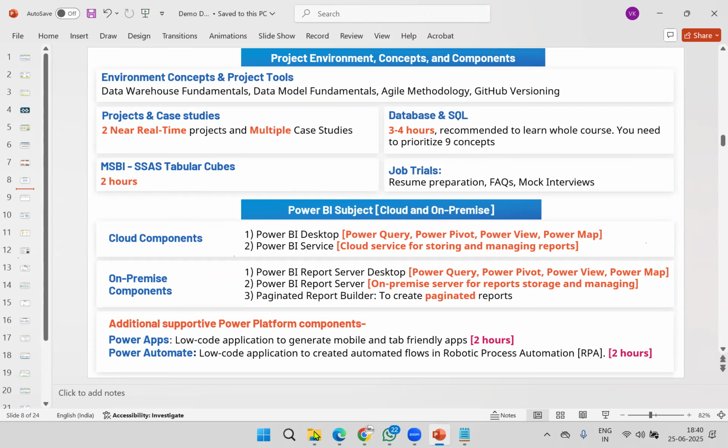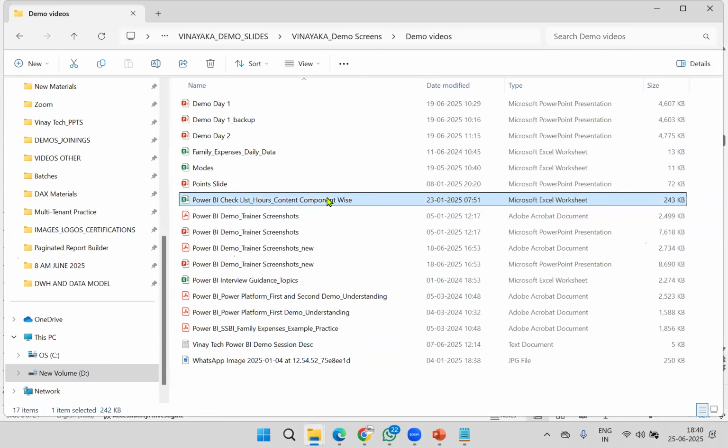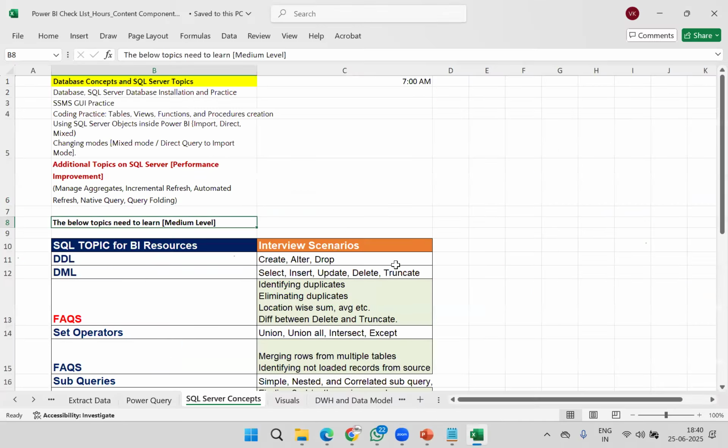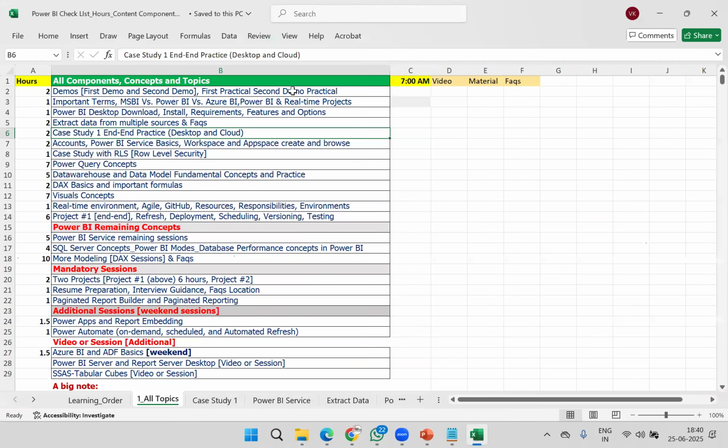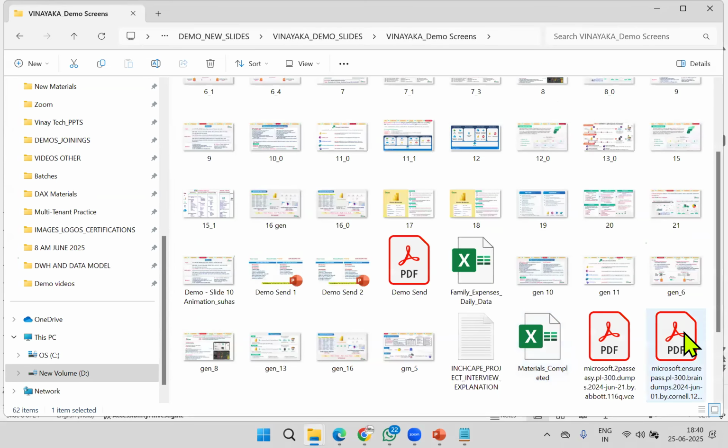Sir, I want to say very detailed one. This is a checklist I will share with you today. Guys, this checklist I will share with you today. Please use this checklist, because in the regular class, we follow this checklist only.